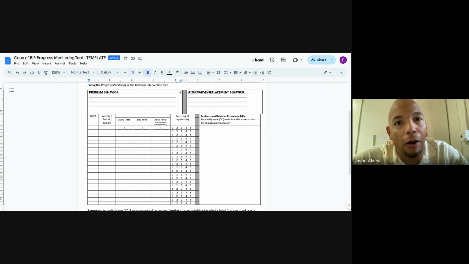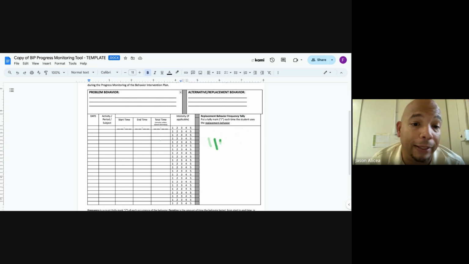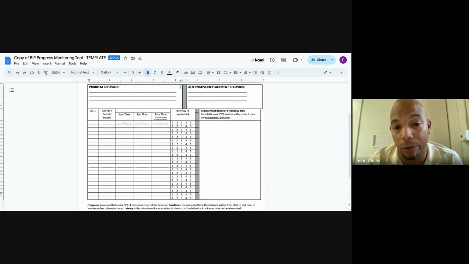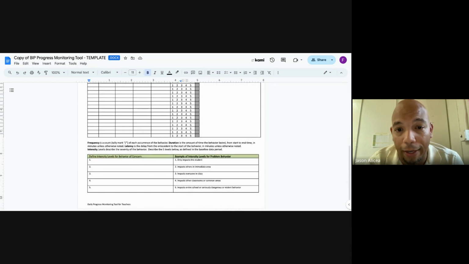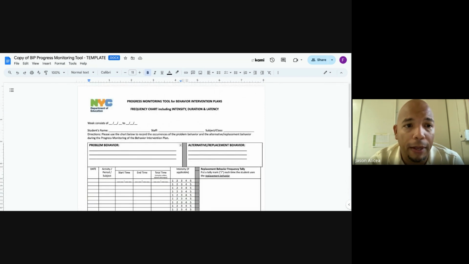It doesn't matter on what days they do it. It doesn't matter if there were 2 behaviors on Monday and 3 behaviors on Tuesday and no behaviors on Wednesday. No, it's just a straight tally of how often we're seeing this in a week, because that's what this covers, five school days, right? Or however many school days in the week. All right, and that's pretty much the form.